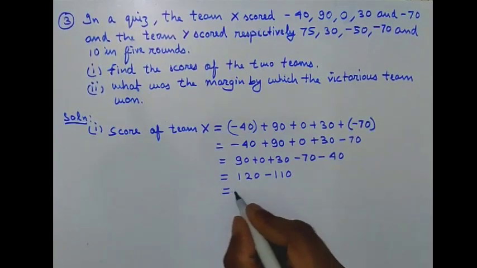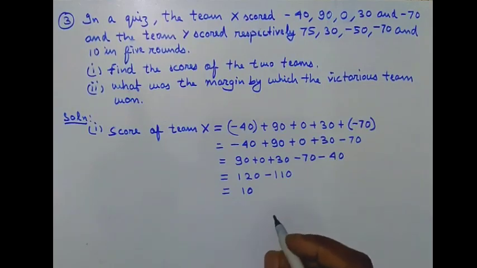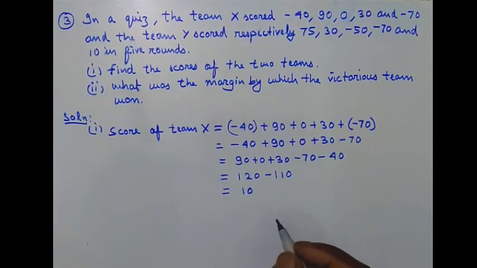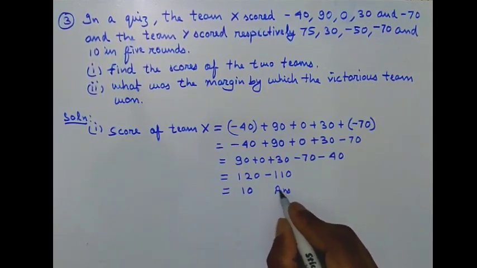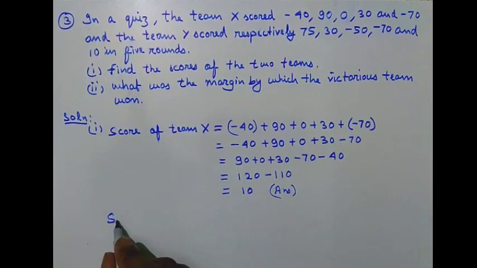So this will be equal to 120 minus 110, which will give us 10. So this is the final score of team X in the quiz, right? Then we have to find the score of team Y. So score of team Y